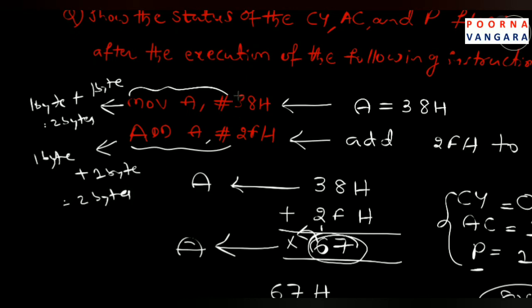Coming to the execution time in terms of machine cycles, the first instruction will take only 1 machine cycle, obviously, because the simple work has to be done. That is, you need to load A with 38H. So that is straightforward, 1 machine cycle. The second instruction is also the same thing. You need to add some data, that is 2FH, to the accumulator content, and the 2FH is readily available in the instruction. So this is also a very simple instruction, so it will also require one machine cycle, right?